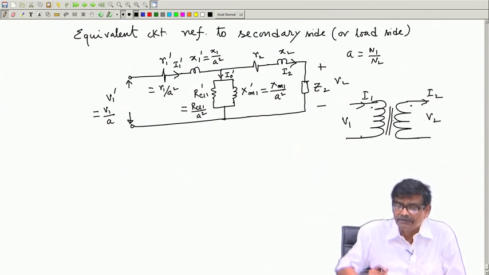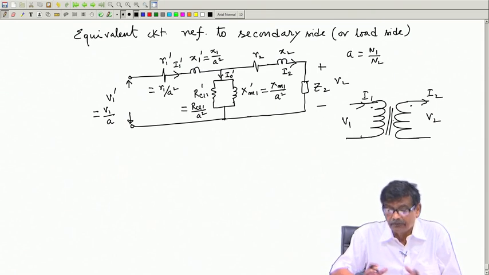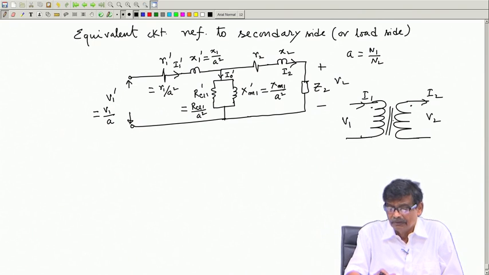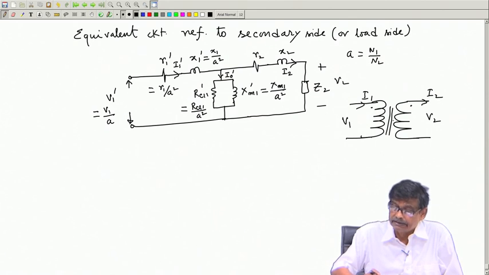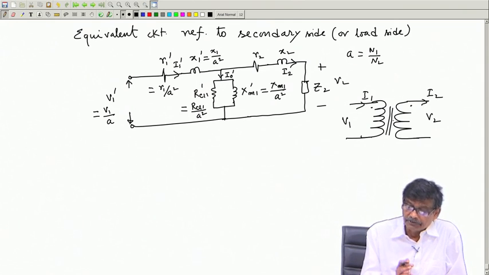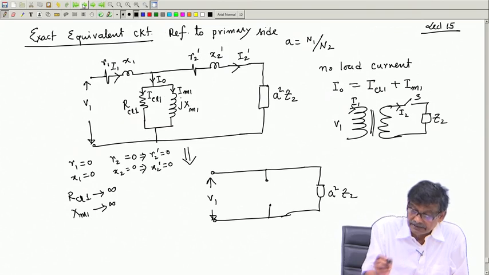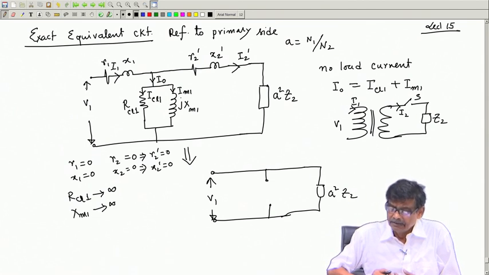So, either way you can now solve the circuit, even nothing is now neglected, but as you know the parameter values enter into the ideal transformer concept to represent a practical transformer. That is what the thing is. After I have told you this one, this is the equivalent circuit referred to the primary side, the same thing referred to the secondary side. With respect to any side you can work.